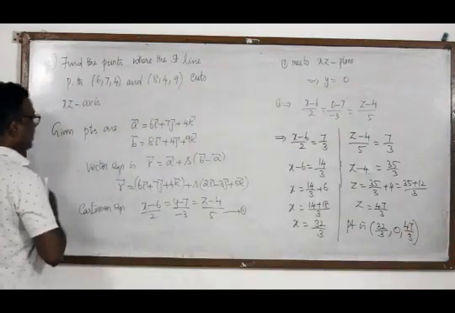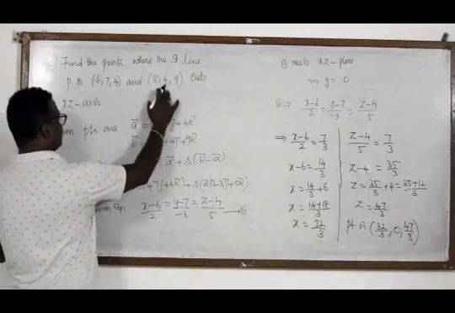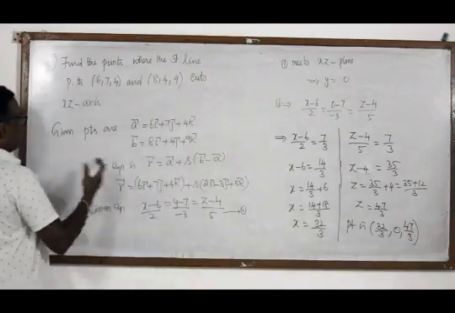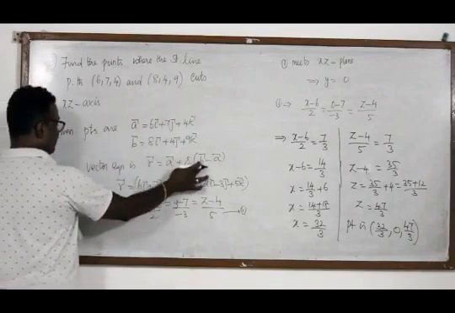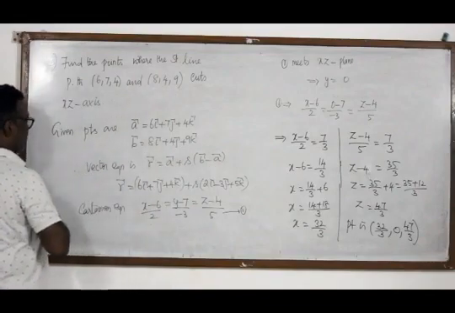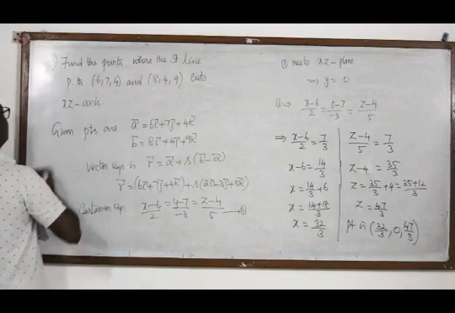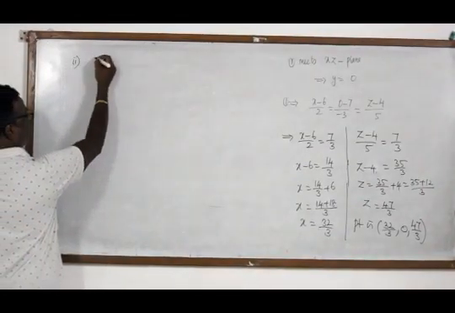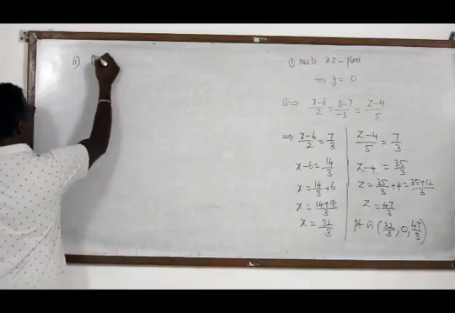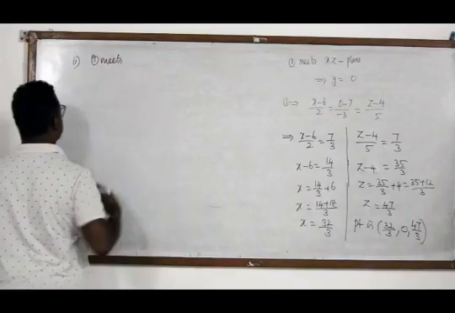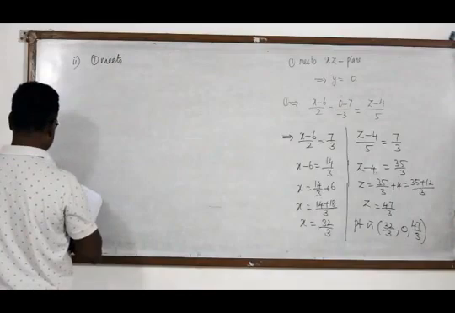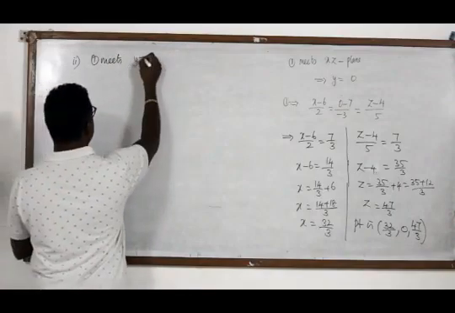But I took this one as A and this one as B, so I got this point. Instead of B minus A, I can take A minus B also, isn't it? That is, I can take this one as B and this one as A. Now the second question: I took only the x is z, and also the y is z planes.